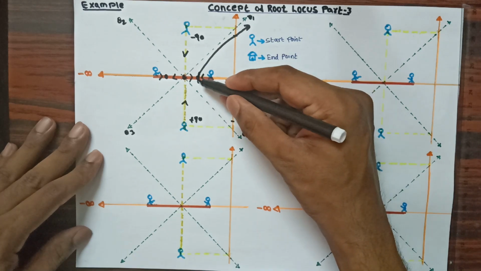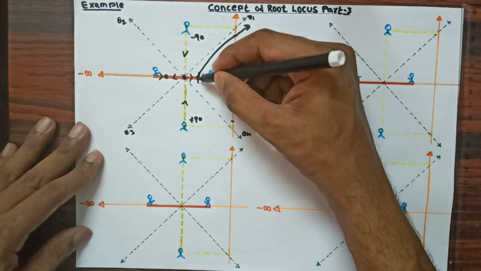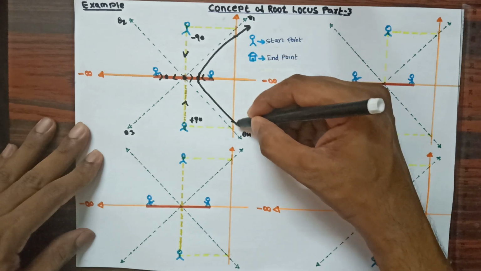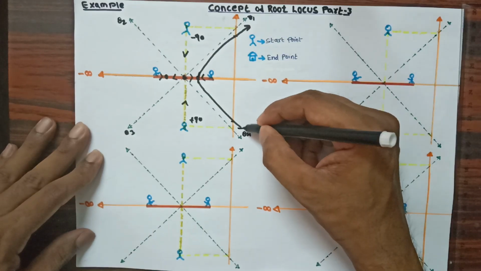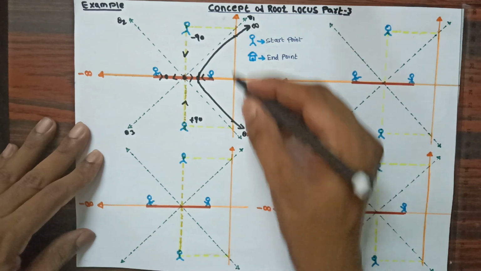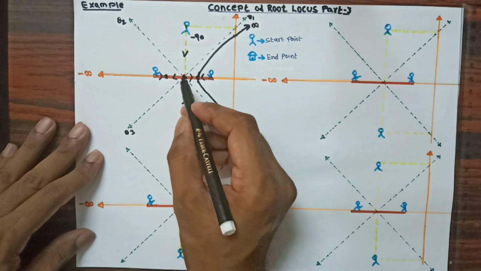And now this person, by looking into this angle and this intersection point, will move to infinite destination. You can see both have moved to infinite destination. So you can see here it is symmetrical. Now here also